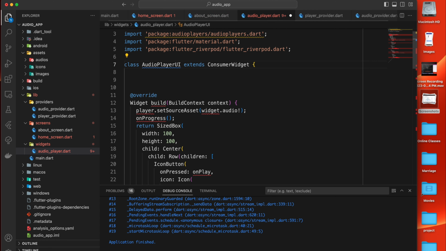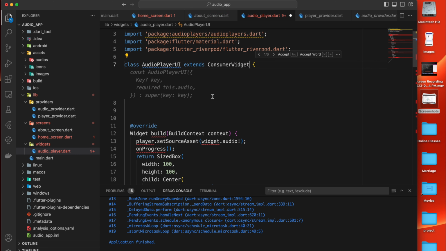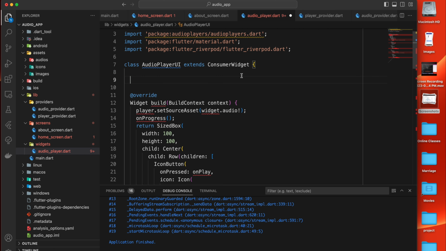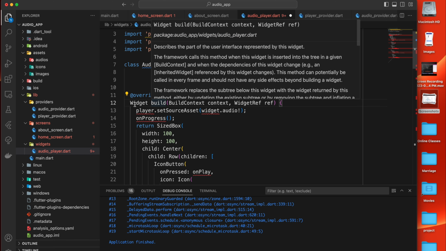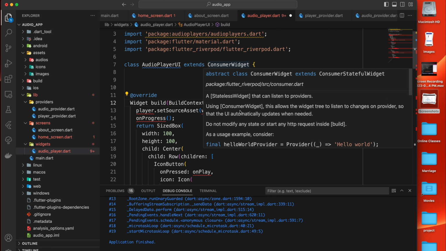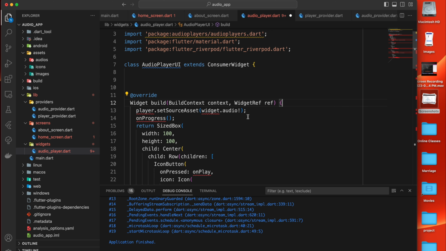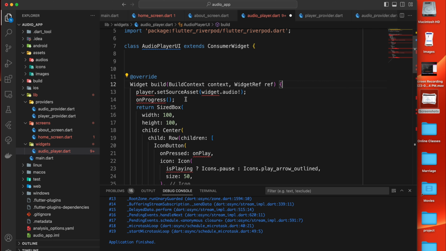Consumer widget can be used here, because this time I need to consume data through this state, and after that we can use the widget ref. We can use it with the build function, because this consumer state has an extra parameter in the build function to pass the data through this process. Okay, so now we can get the data this way, and now we can link the data